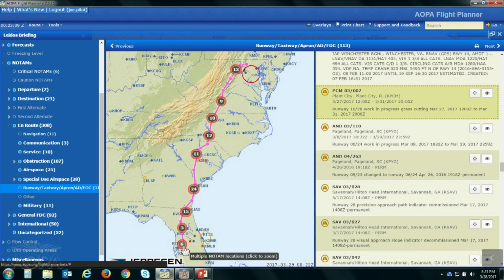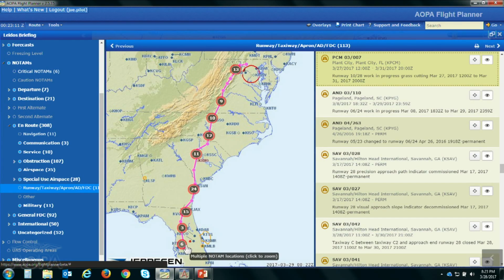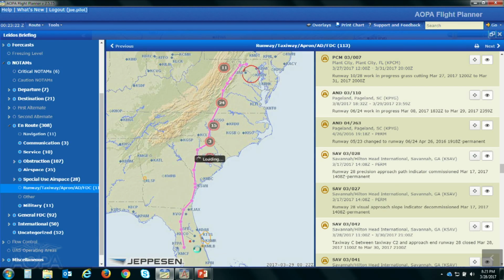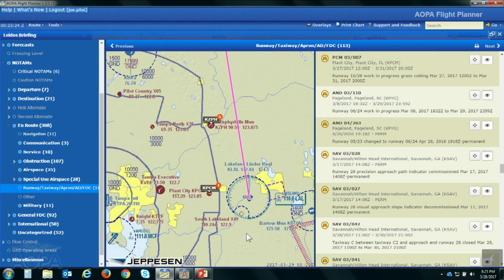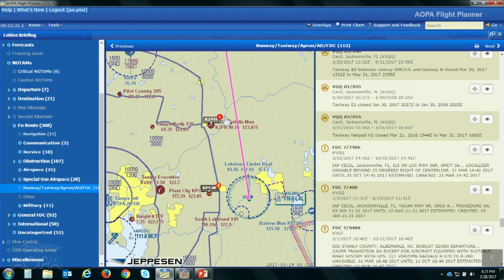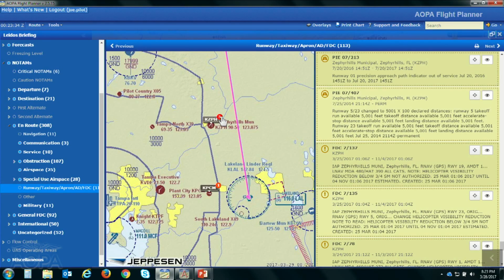But if I go down and look in the Lakeland area towards our destination, you can see that there are 6 runway or taxiway NOTAMs in that area. Just by clicking on it, the list over on the right adjusts itself to show me those. Or I can just click on it to zoom the chart in and see where those NOTAMs are in proximity to my route and at what airport they are. So we can see here that at Zephyr Hills, there are 5. And all that I have to do is point to it, and it's going to show me those 5